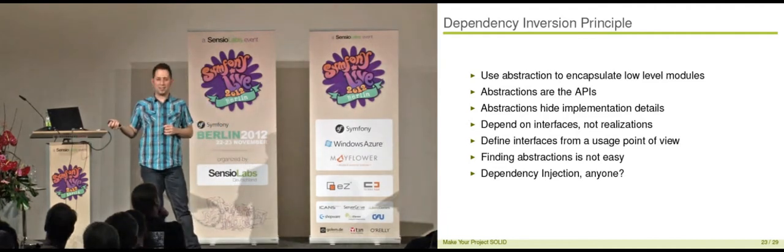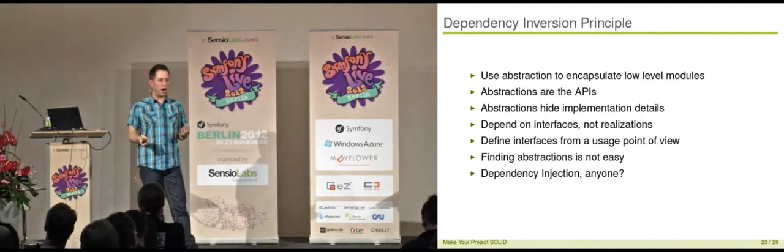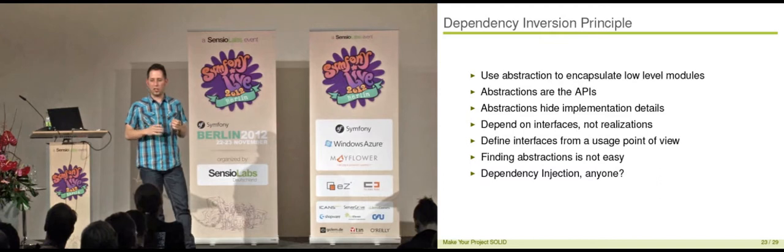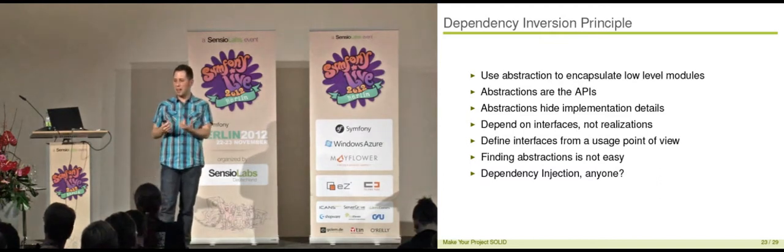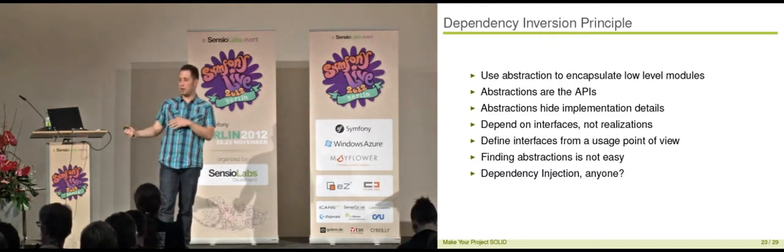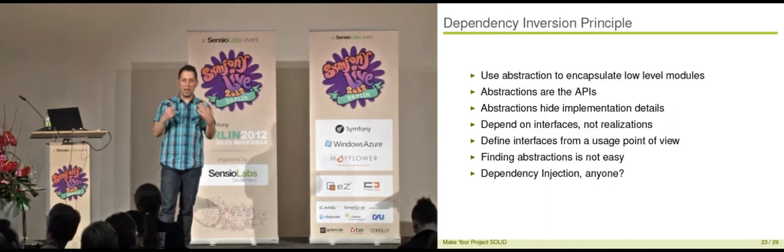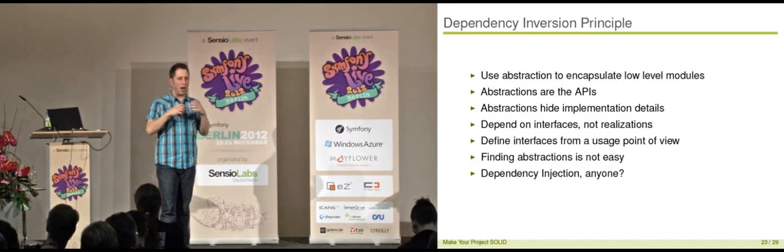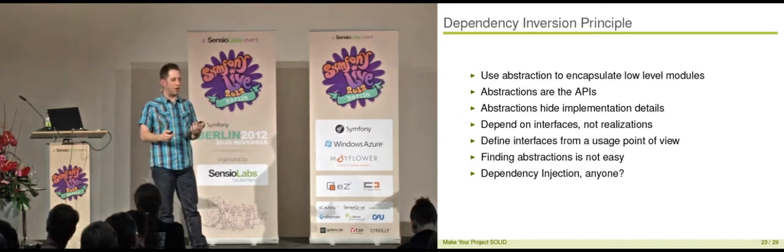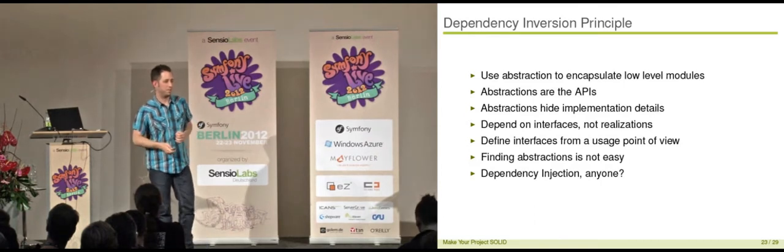Abstractions define the APIs of your modules, of your components. All of the nice and nifty Symfony components have a nice API which allows you to replace the mechanisms behind them with different implementations. This is only possible since somebody thought about how to write that API, how to create that abstraction so that people can easily use it, no matter what is behind that.